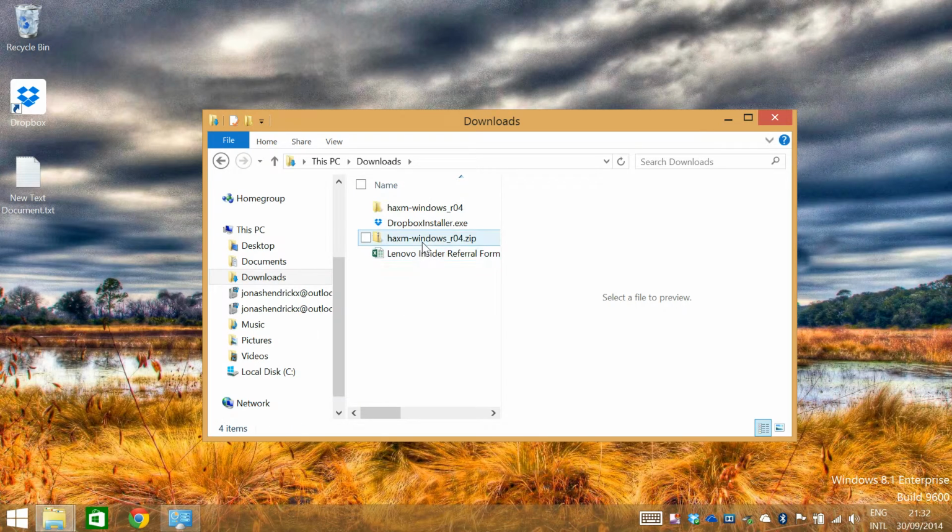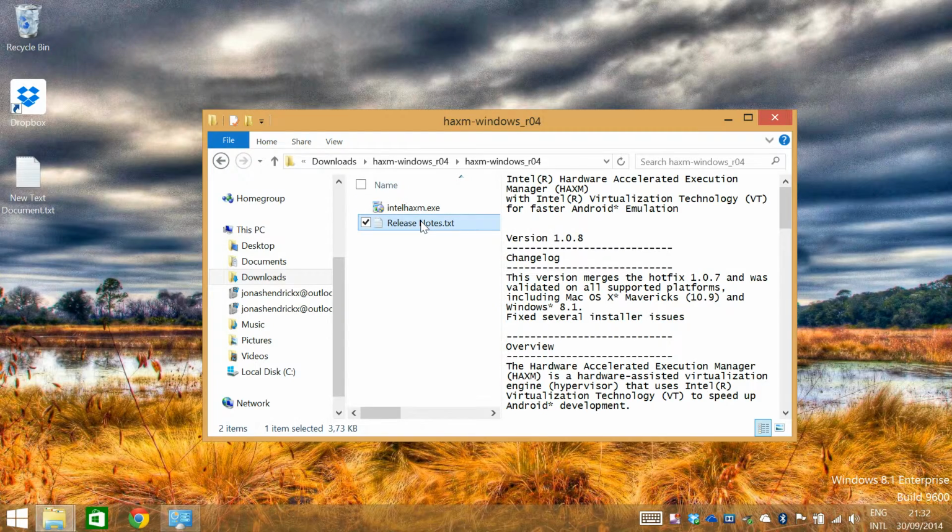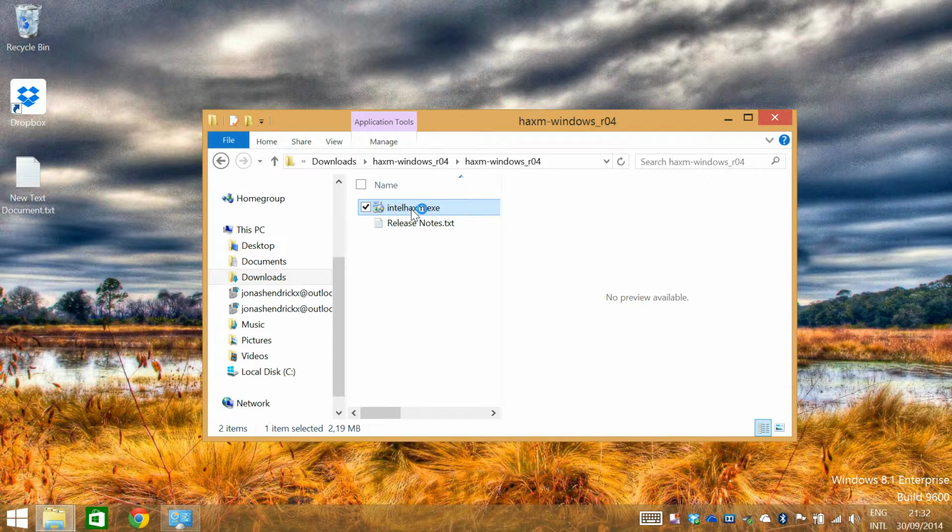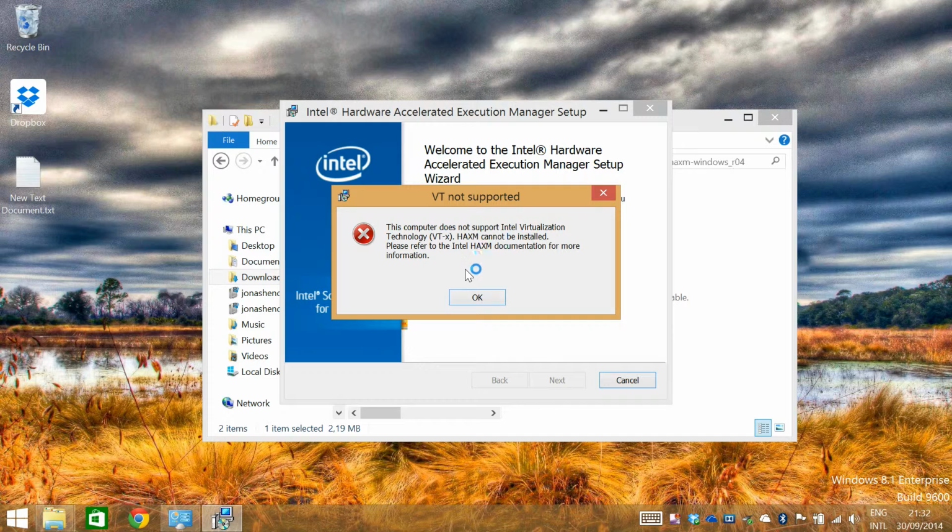I'm going to show you how to use Hyper-V in combination with other virtualization software like Intel Hardware Accelerated Execution Manager, VMware Workstation, or VirtualBox. If you try to install Intel Hardware Accelerated Execution Manager, you will get this error message. You will get a similar error message when trying to start virtual machines with VirtualBox or VMware Workstation if you